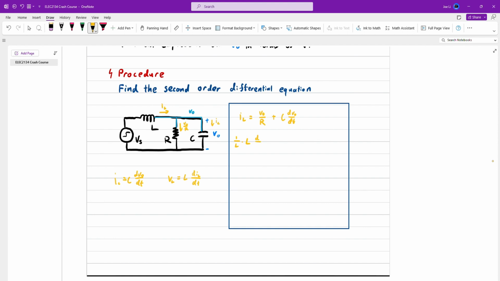Now differentiating both sides, you get d/dt of IL equals 1 on R times dV naught/dt plus C d squared V naught/dt squared. Now this magical box is going to turn this whole thing into VL. But VL is not V naught, and we want stuff in terms of V naught. So VL we can write as VS minus V naught. This is what we know. VS is here, minus V naught is here. Cool. So 1 on L times VS minus V naught